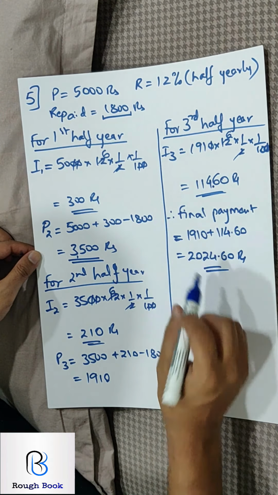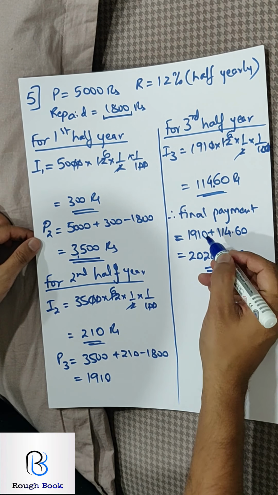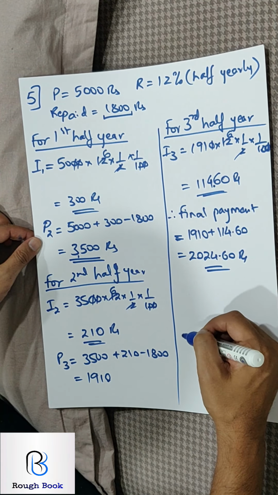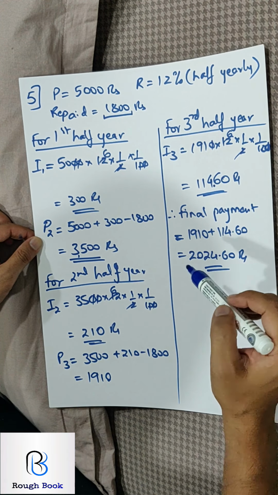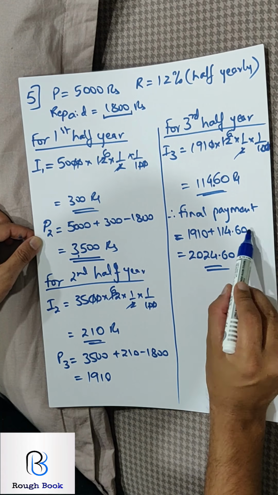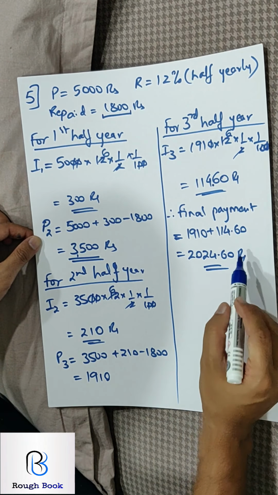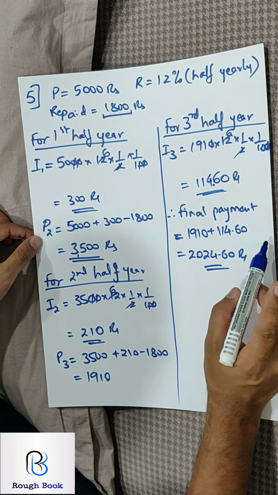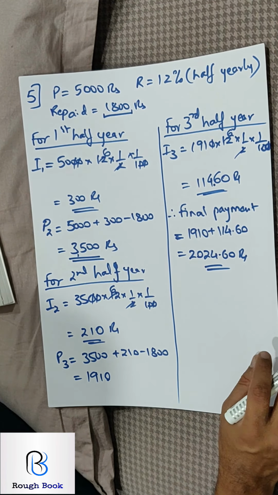Now this same sum can be asked in different ways. They can tell you what is the amount at the beginning of the 4th year. See, now it's going to be different. Beginning of the 4th year, that means at the end of the 3rd year also I'll have to subtract 1800. But since they said at the end of 3rd year, now you don't need to subtract 1800. So you have to look at the words of the final part that has been asked.